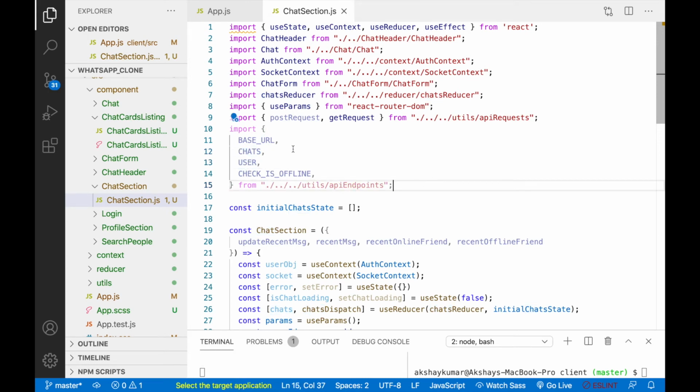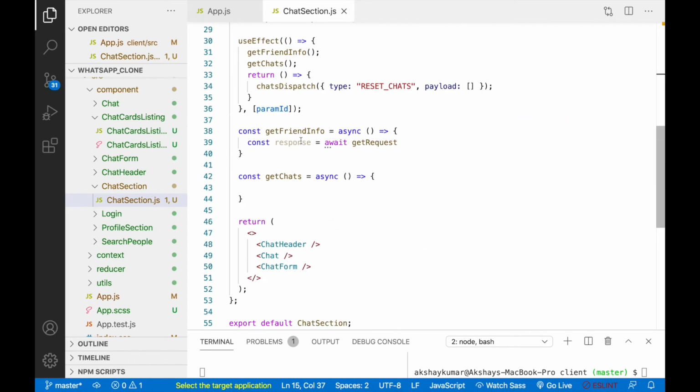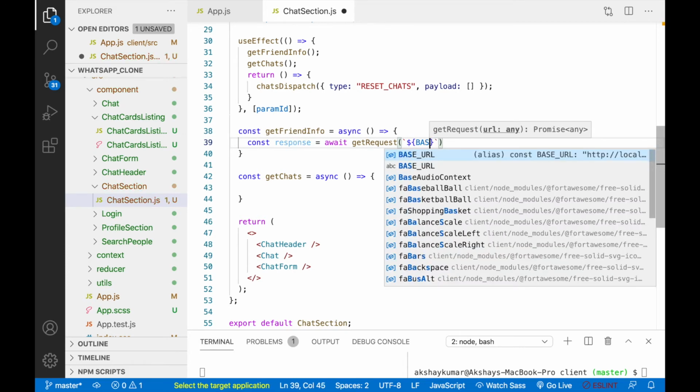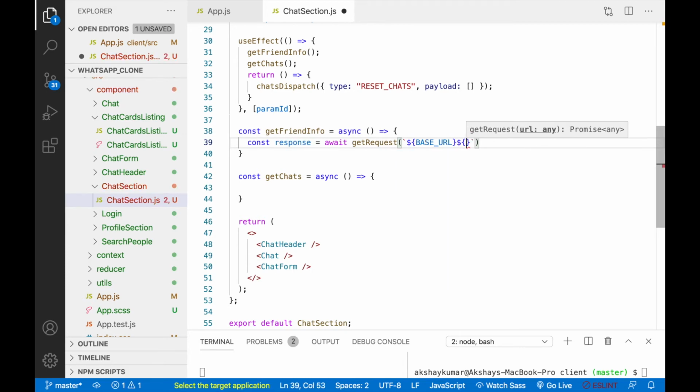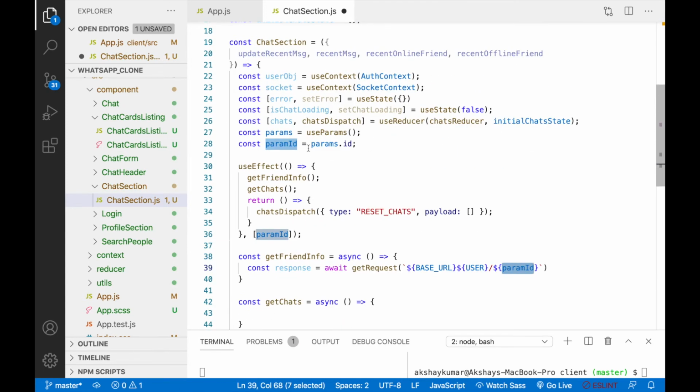These kinds of endpoints we need for this component. Okay, here we get the get request. We'll write base URL, we'll concatenate with user, forward slash, then we'll pass param ID. This param ID we are getting from here, this one.